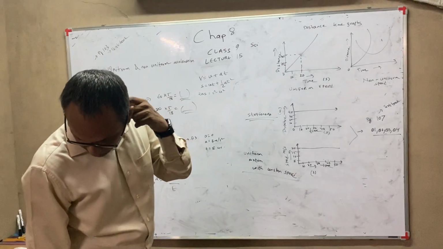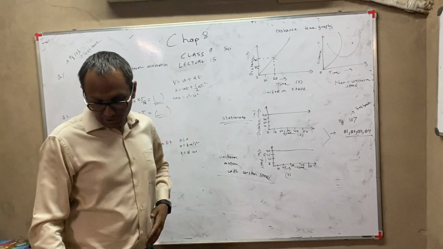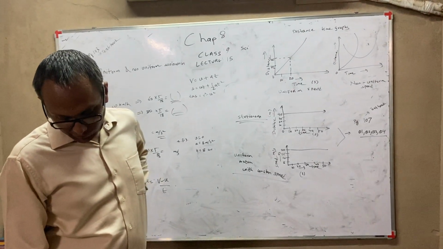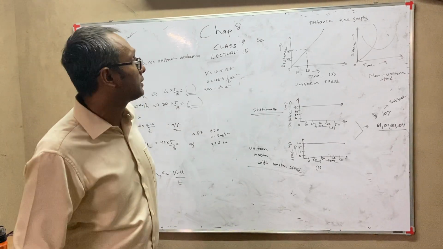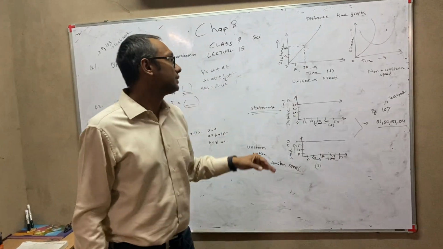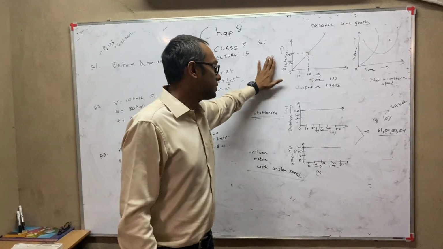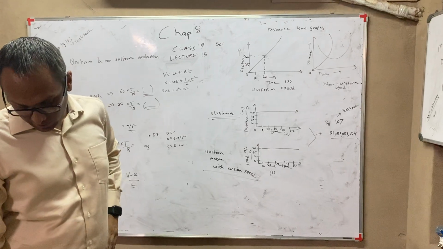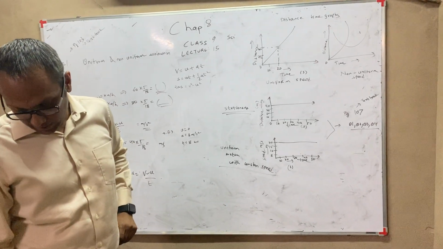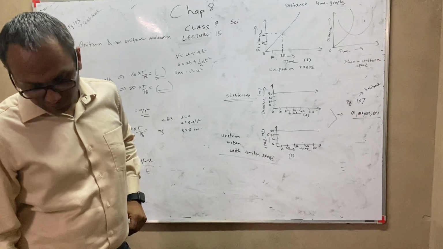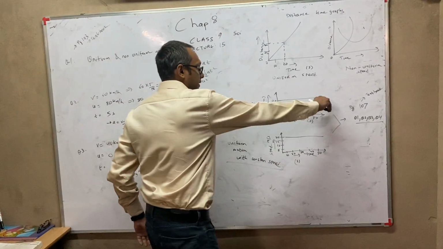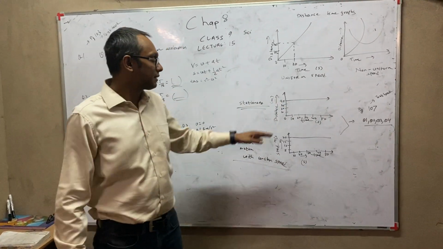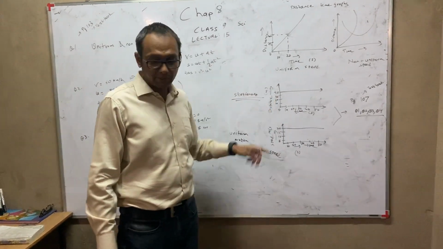Now if you open page 107, there is a question. First question is, what is the nature of the distance time graphs of uniform and non-uniform motion of an object? So that we have discussed, you can write that. Question number 2, what can you say about the motion of an object whose distance time graph is a straight line parallel to the time axis? That also we have just discussed, so accordingly you write that.